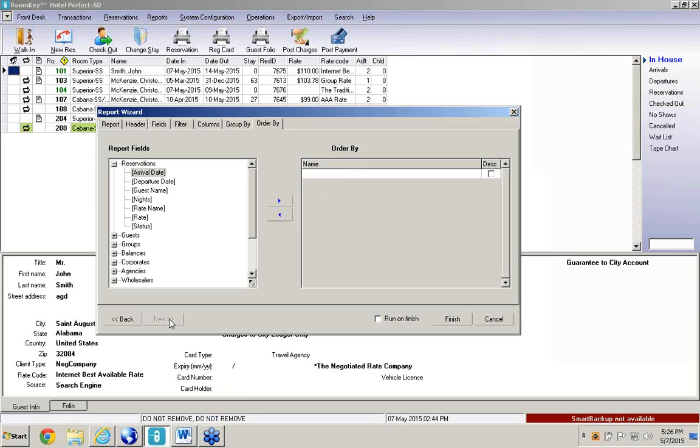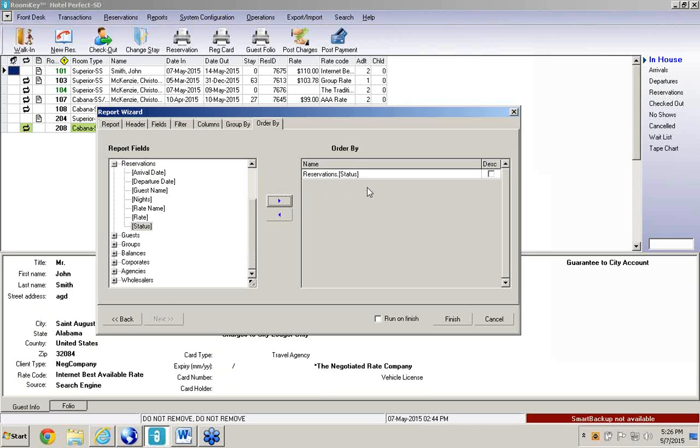And then the final field is how do I want to sort order this? So within my group names, do I want it to be sorted by arrival date? Would I want it to be sorted by my rate? Do I want to sort it by the status, because it is bringing in 3 different statuses for me? So I could move this across, and now I would be able to order it by my